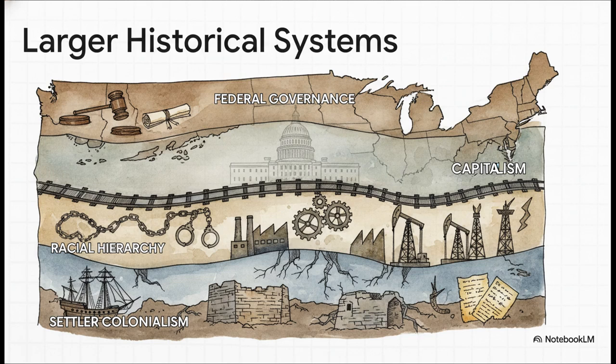Well, think about it. The entire project rests on settler colonialism, which was all about displacing and containing Native American populations. The lines were fundamentally shaped by racial hierarchy, like when there were failed attempts to create all Black or all Native American states. They were driven by capitalism, with borders literally drawn to help out private companies. Look at the Gadsden Purchase, which was all about securing a good route for a southern railroad. And the whole thing played out within the arena of federal governance, the system that was the referee for all these brutal fights for land and power.